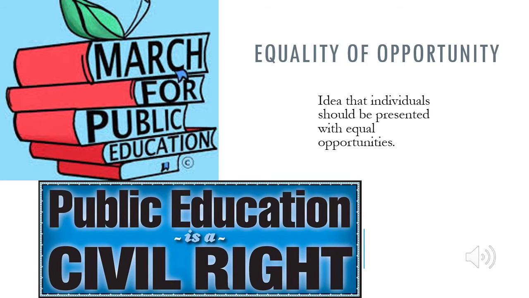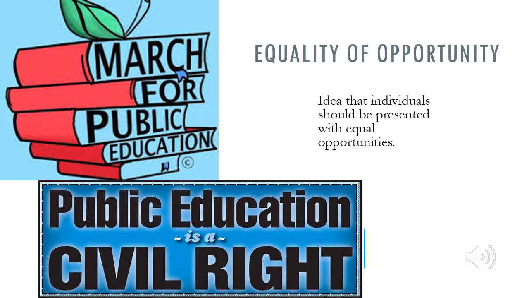equality of outcome. So the way that we want to think about what these standards of equality mean is that they are essentially responses to and ideas about how to address inequality, or how to address stratification. So, beginning with equality of opportunity, essentially, this standard of equality represents the idea that individuals should be presented with